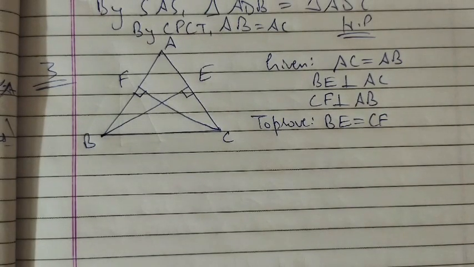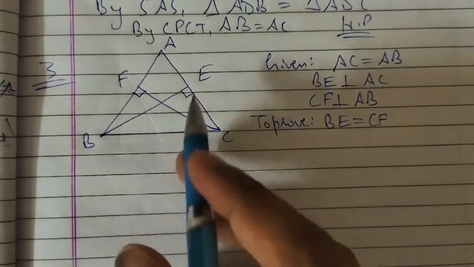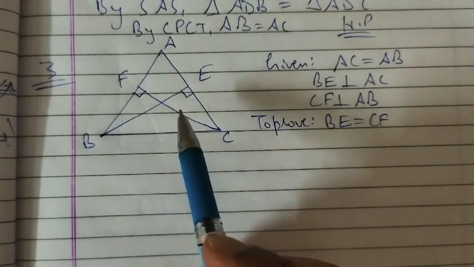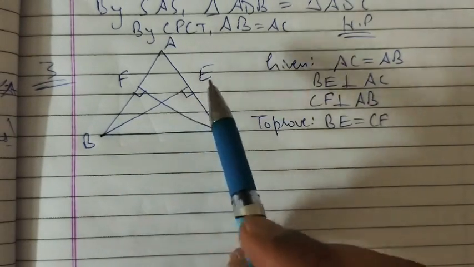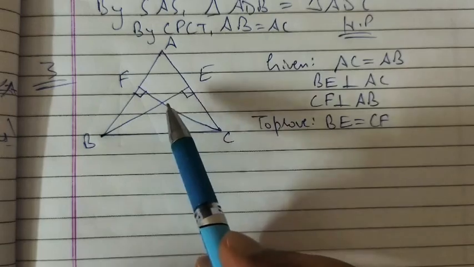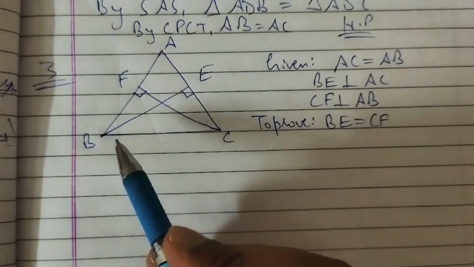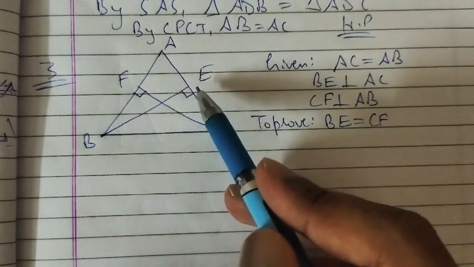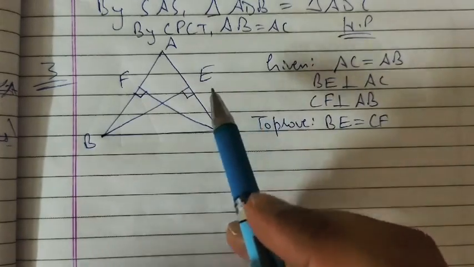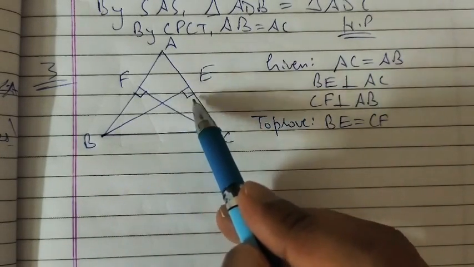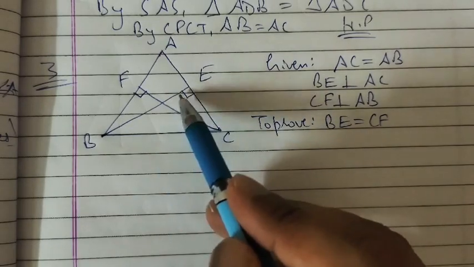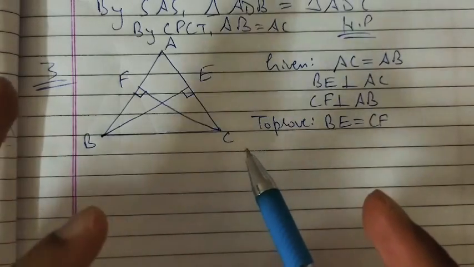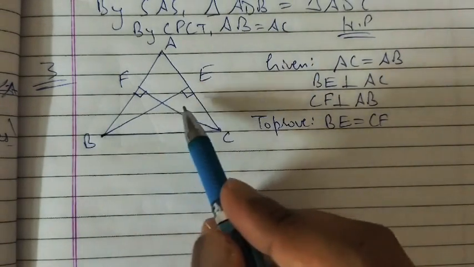Now next is question number third. It is given that AC is equal to AB. It is an isosceles triangle. Whenever altitude is given, that means 90 degrees there. Altitude is always perpendicular. What is the difference between altitude and median? Suppose if BE is a median, then AE will be equal to EC and no 90 degrees will be formed. But if BE is an altitude on AC, there is an angle of 90 degrees. So altitude and median, these two terms will be commonly used in the exercise. Just remember, altitude means 90 degrees.